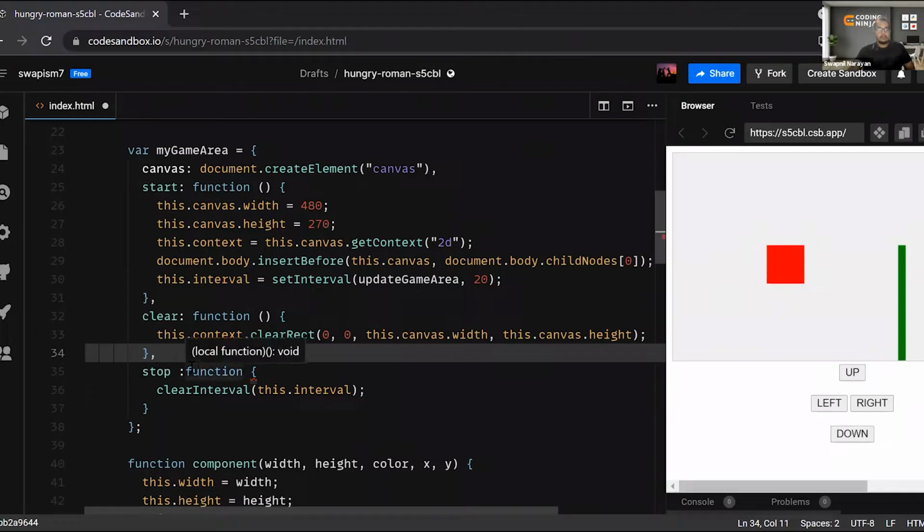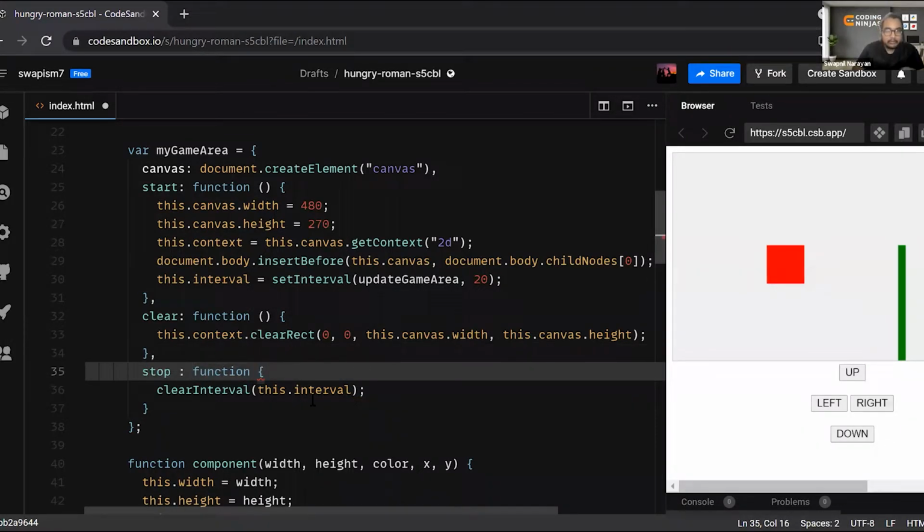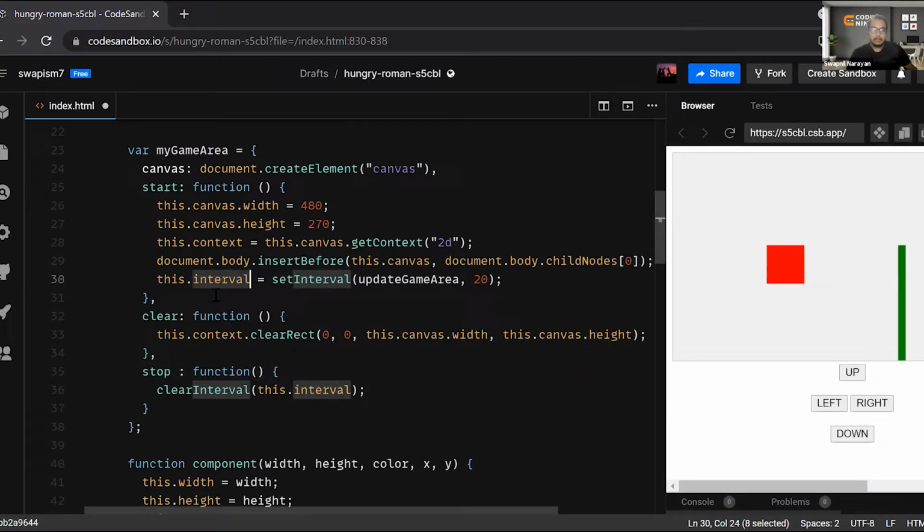So this is how it is going to stop. It will stop when I clear the interval. Which interval? This one, this update interval. I am clearing the interval. Clear interval actually makes it stop.